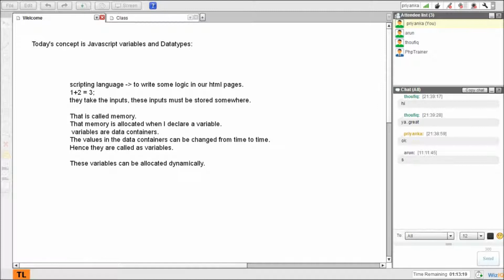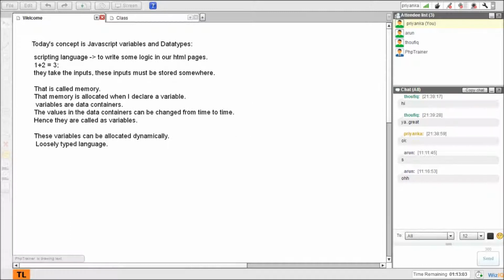For JavaScript, it's not essential. It's a pretty loosely typed language. So you need not mention what kind of data this is going to store. So you can dynamically allocate. I'll tell about the dynamic allocation in a while. So let me just go through this stuff.